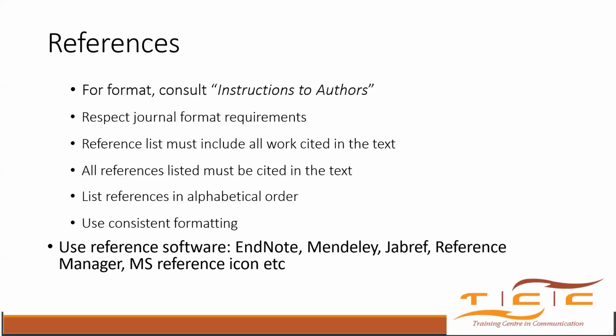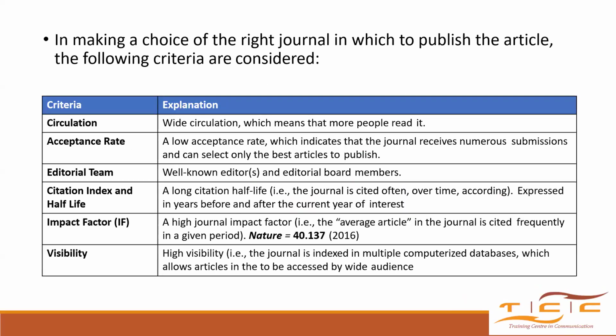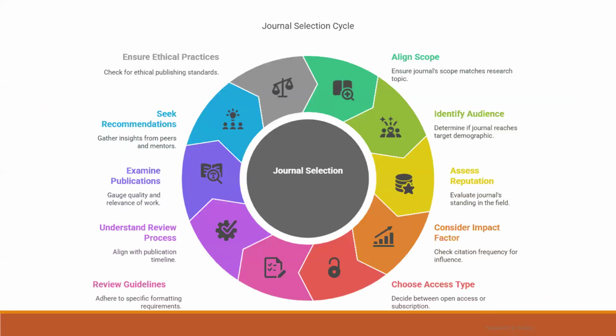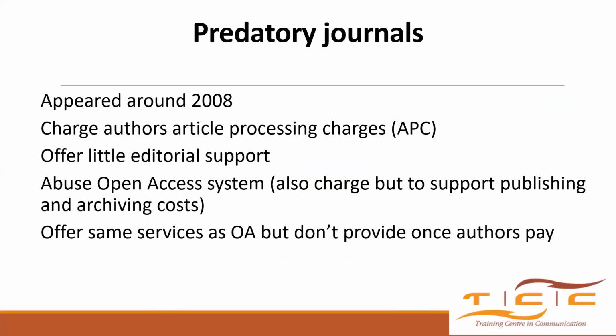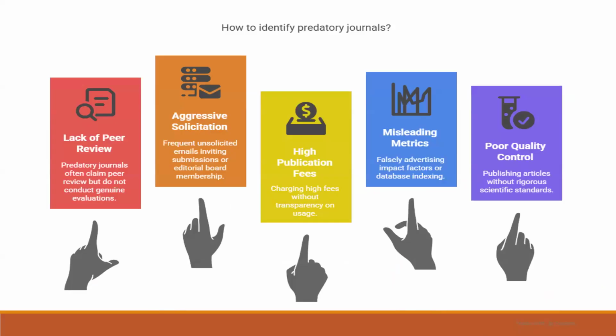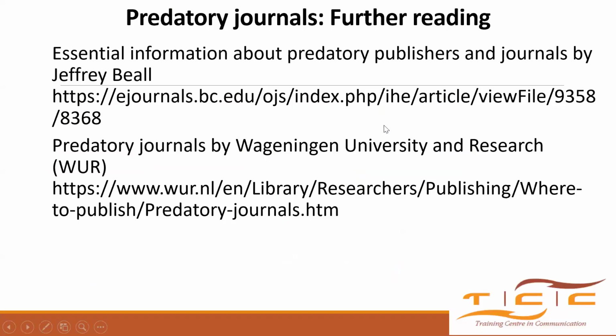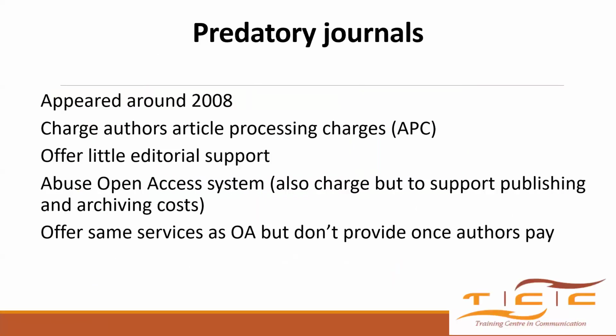Then, of course, we have the references. We talked about this. Anything that was cited in text, all the in-text citations, must be converted into references. Okay? Then the other thing that I want to talk about before we get to plenary is journal selection. So how do you select a journal for your paper? Then there are what we call predatory journals. I want to talk about it a little bit, and then we will go back to journal selection.